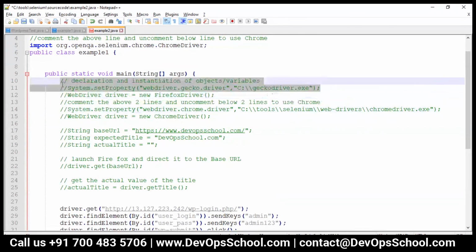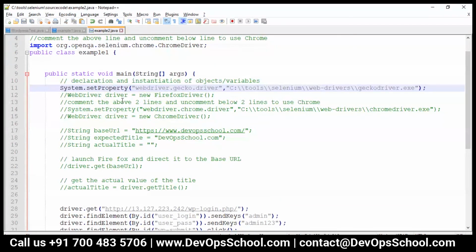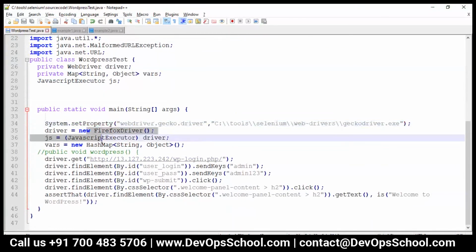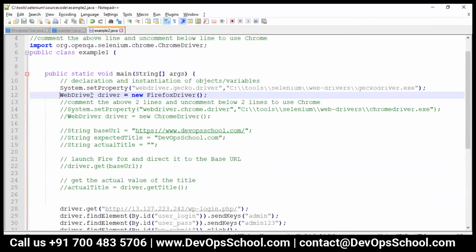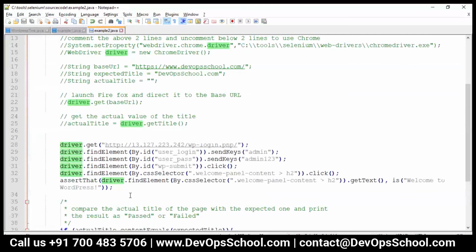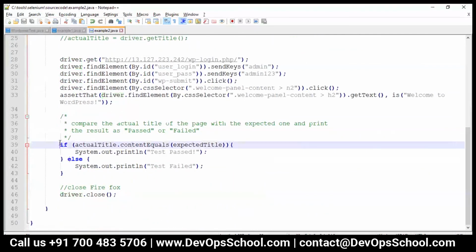And here it is. Where is WebDriver? Here it is. See, WebDriver also I was not calling here. Oh no, I was calling here. So driver, new FirefoxDriver, and driver.get, and this is also not required.